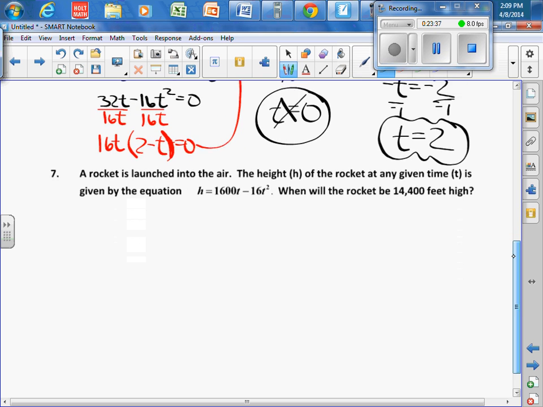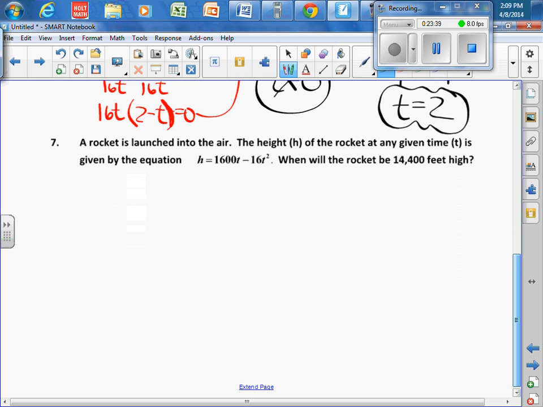Number 7, a little rocket science for you. A rocket is launched into the air. The height h of the rocket will be h equals 1600t minus 16t squared. When will the rocket be 14,400 feet high? Well,